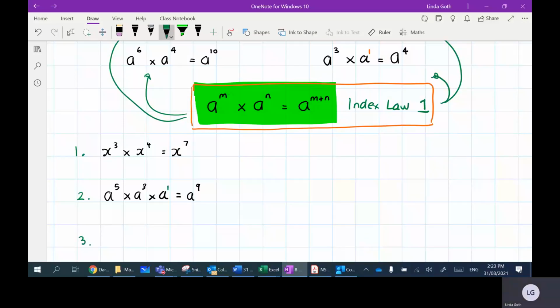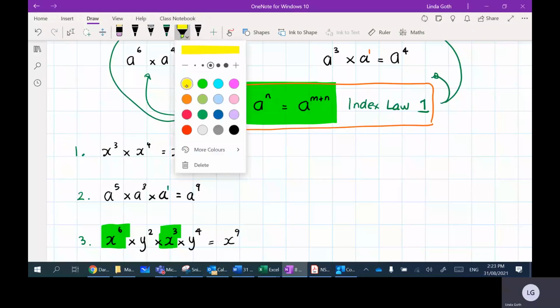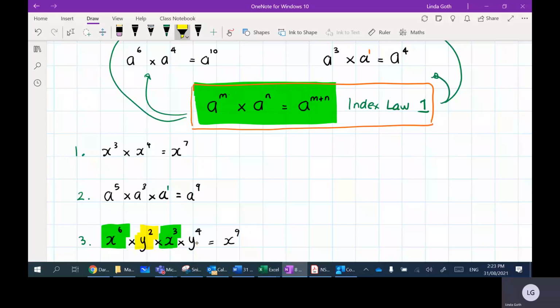What about this one? What if we had x to the power of 6 times by y to the power of 2 times by x to the power of 3 times by y to the power of 4. Now this is where this idea of the same base comes in handy. These two terms here both have x as a base. So when I look at those two, I'm going to get x to the power of 9. Whereas these two terms have y as their base. So I can add their powers. I will get y to the power of